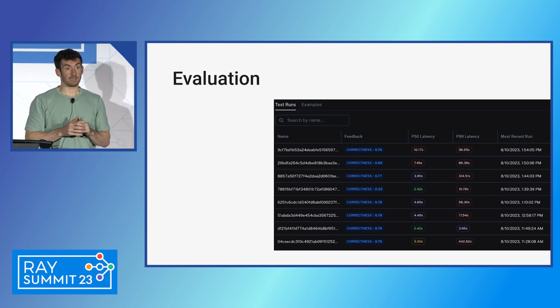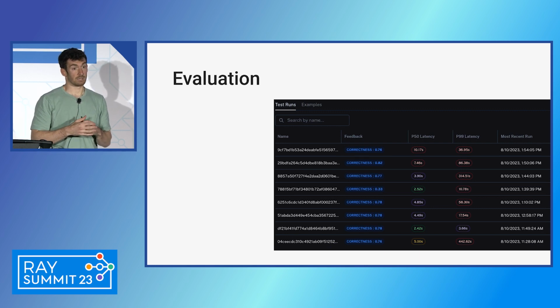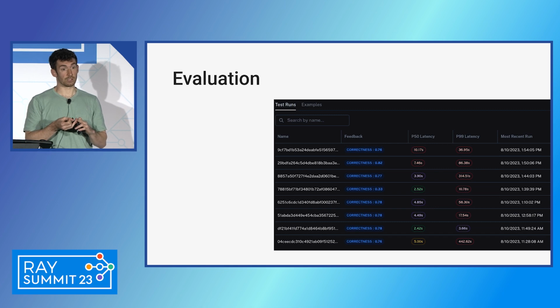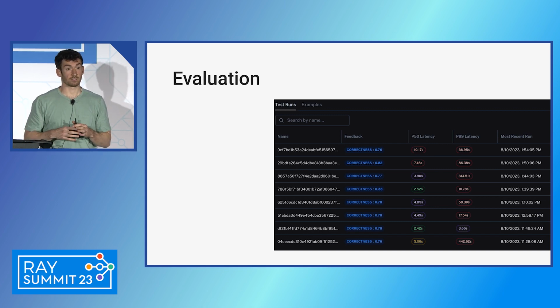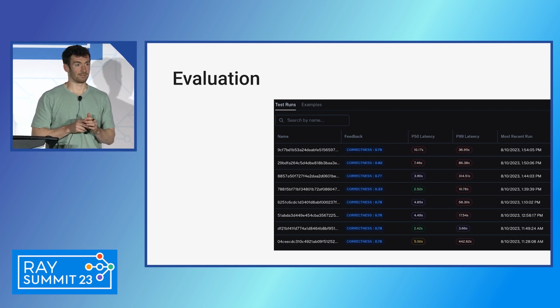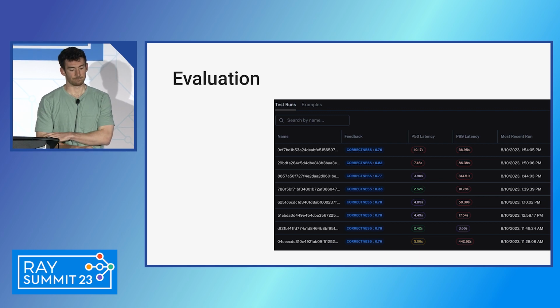But unlike in debugging, this isn't something that you can just set up and use without putting any effort in. When we see people doing this successfully, they're investing real engineering hours into constructing those data sets, thinking carefully about the evaluation metrics. And it's not necessarily statistical metrics, but just what should you be measuring and how should you be measuring it. And so my main message to everyone here would be, if you want good evaluation, there's no silver bullet. You're gonna have to put in some work to get it.